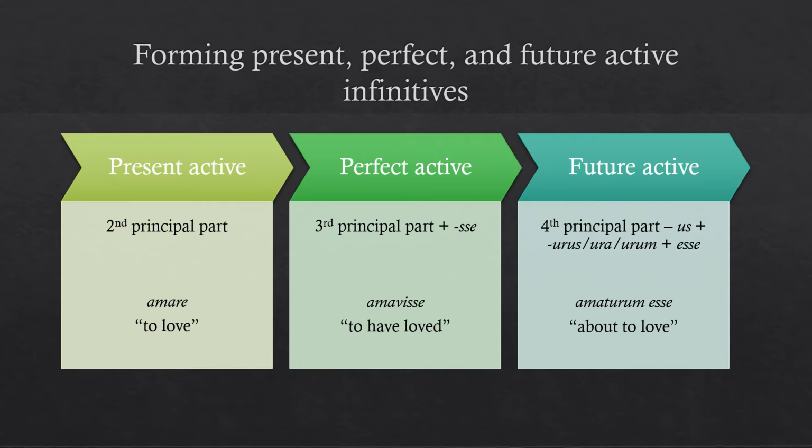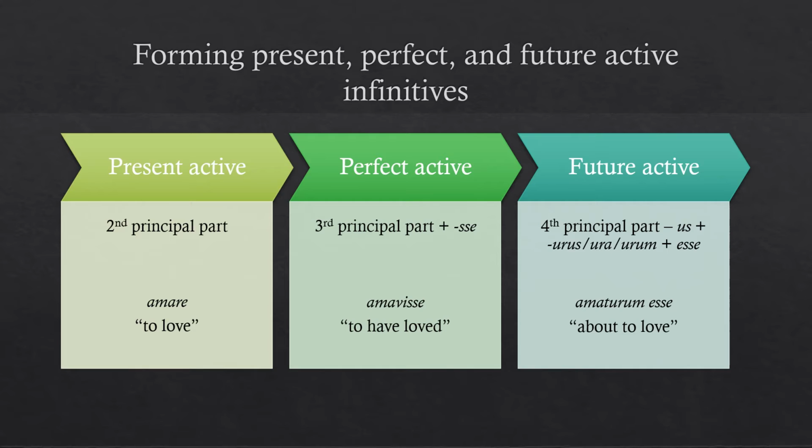as our example. You already know how to form the present active infinitive. It is just the second principal part of any given verb and is generally translated as to verb. So the present active infinitive of amo would be amare, which is generally translated as to love. The perfect active infinitive, as you might expect, is derived from the third principal part, with the suffix sse added. So the perfect active infinitive of amo would be amavisse, which is generally translated as to have